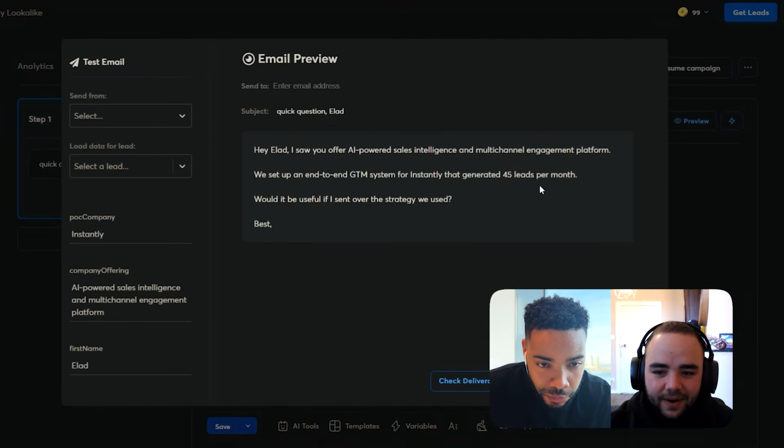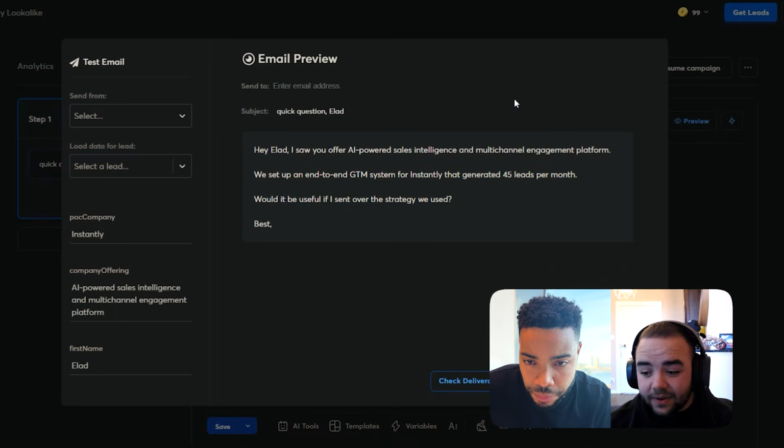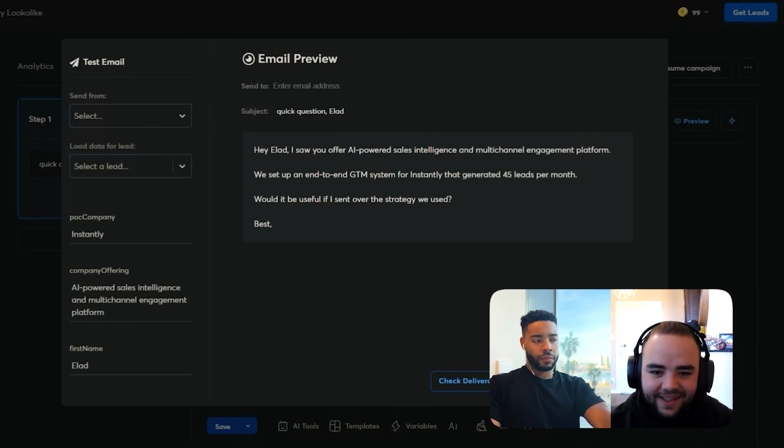So if we come to preview, you'll see we'll have the full email in here. So, hey, I saw you offer this. We set up this for Instantly that generated X results. Can we send over the strategy we used? The reason this email is great, I'll give you a quick rundown. I don't think it's the best email of all time, but a very quick reason